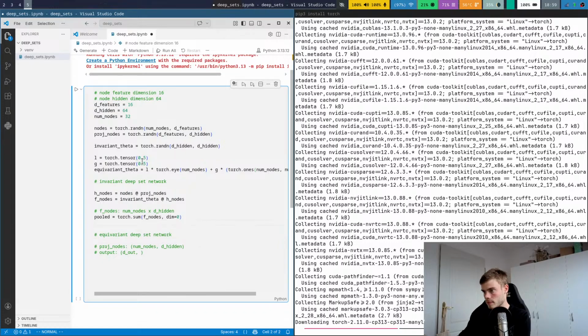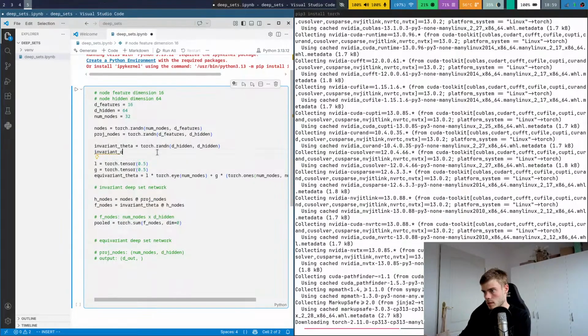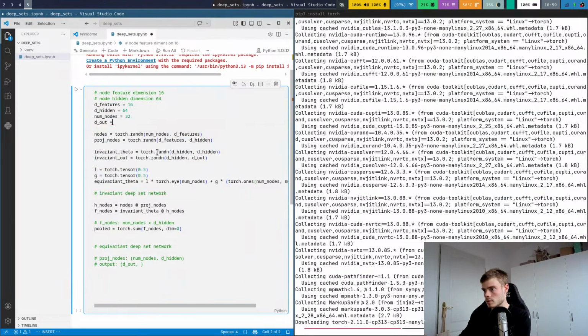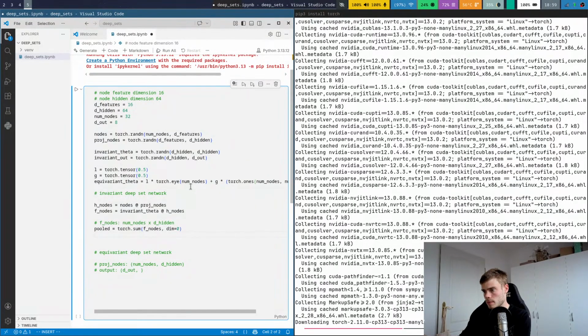Oh yeah, invariant out. This will be D hidden and D out. Let's say D out is equal to 8. And here we just do, okay, out, invariant out at